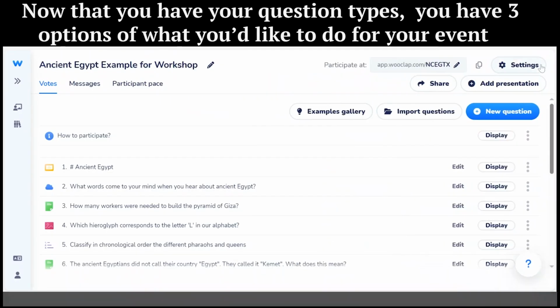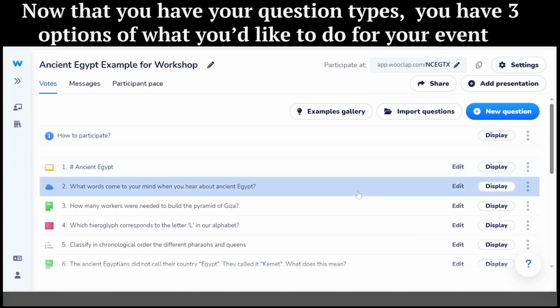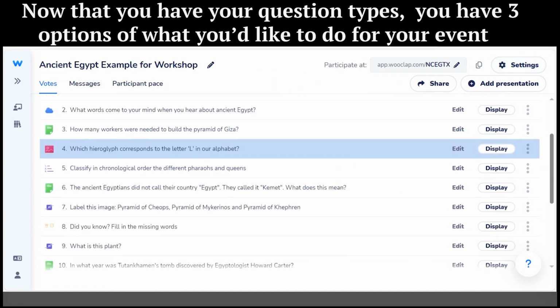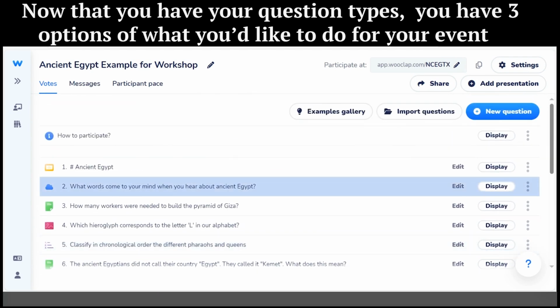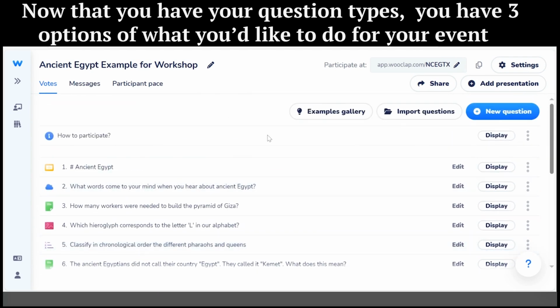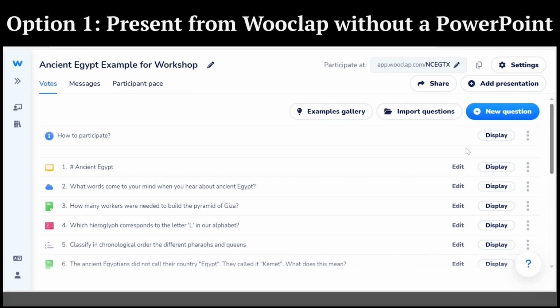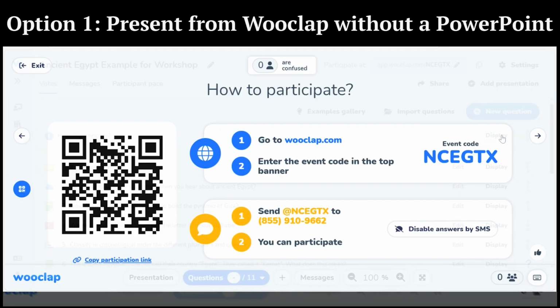So now we have created our question types for the engagement we want to do for our event. An event is a class or a lecture. So the next thing that I can do is figure out, do I want to display all of my questions